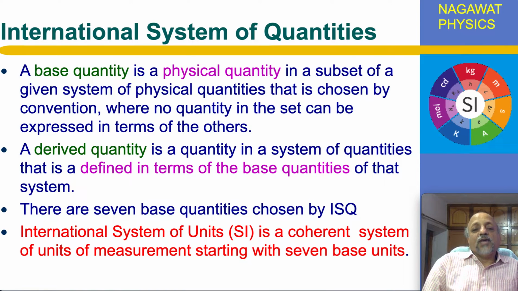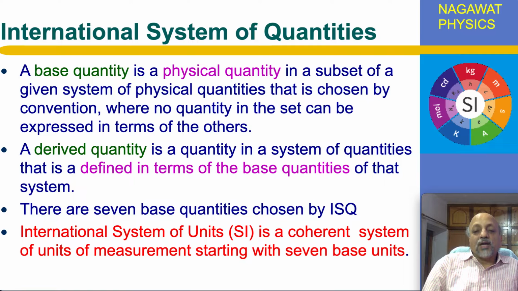The SI unit system is not a favored unit system in discussions in high energy physics, and we use a different unit system called natural unit system. That will be discussed later only. So we remain interested in the Newtonian mechanics only for time being, and there the idea will work very well that certain base quantities can be selected, and the community has selected 7 base quantities, and these 7 base quantities